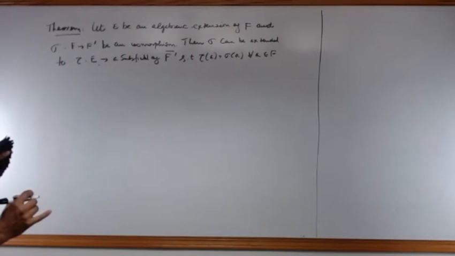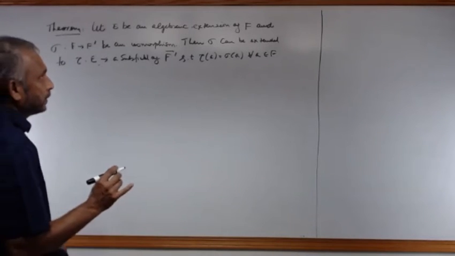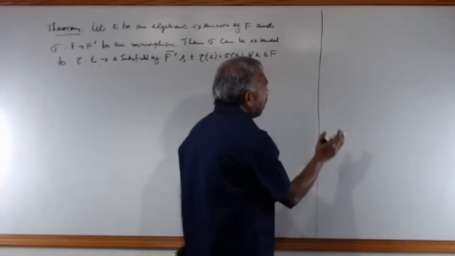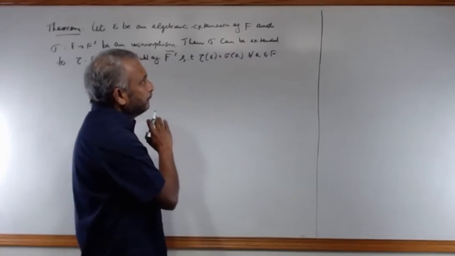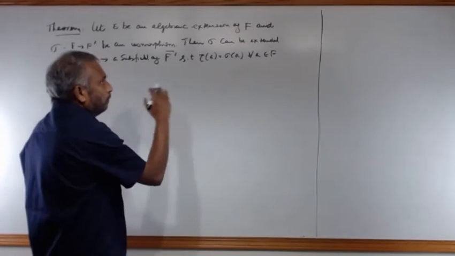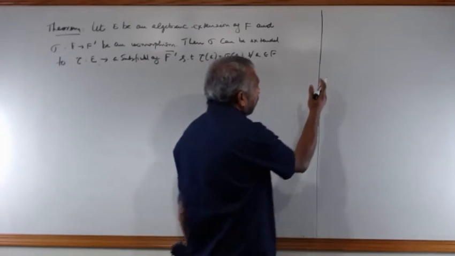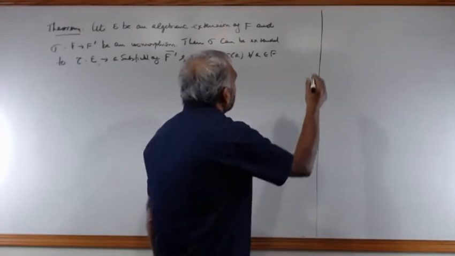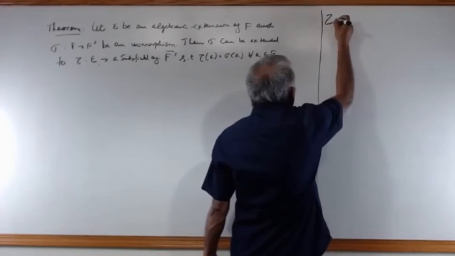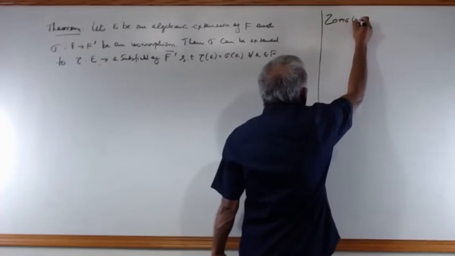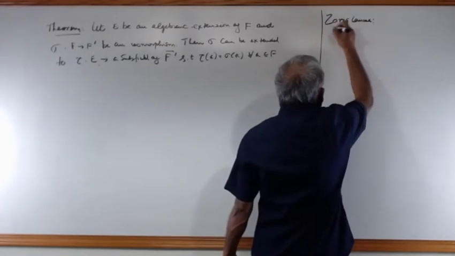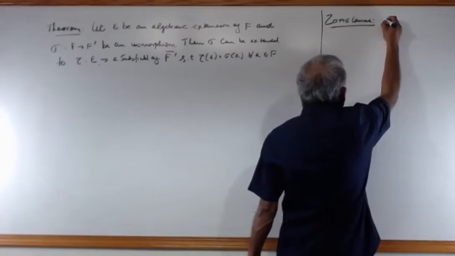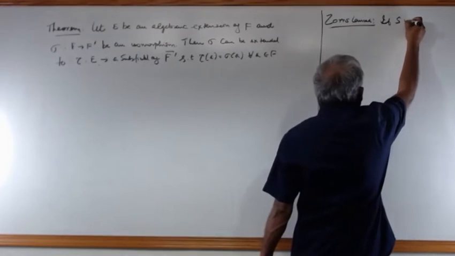The proof of this theorem has got several parts. So what I'm going to do on the right hand side is to outline how we are going to prove this theorem. Then we'll prove each step one by one and come to the conclusion. So we'll start with Zorn's lemma. Zorn's lemma states that if S is a poset